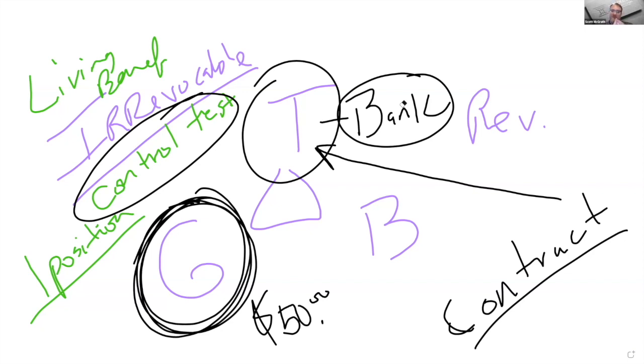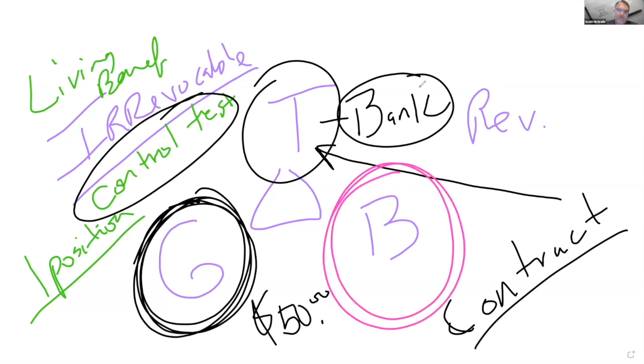You cannot be the beneficiary and the trustee at the same time. You cannot be the trustee and the grantor at the same time. And you cannot be the grantor and the beneficiary at the same time. You can only have one position, and that position is the trustee. Now, your kids can be the beneficiaries all day long. Your preacher at your church can be the grantor all day long. Can't be you, though, or anyone in your family. That's how it works. Okay, I want you to understand how this works.